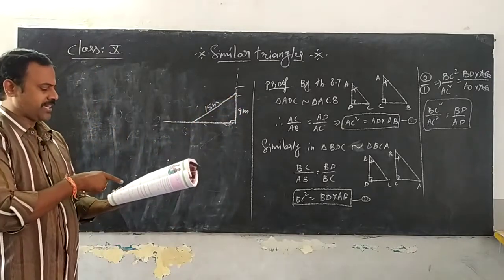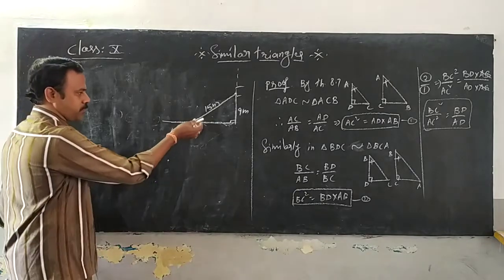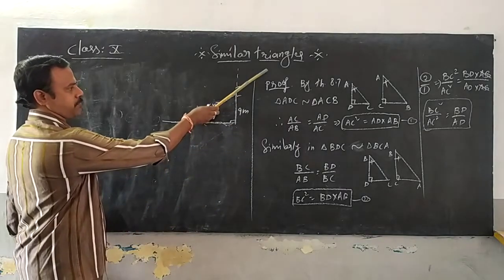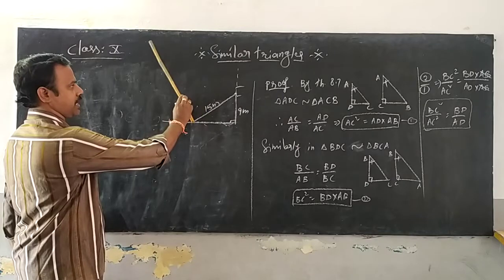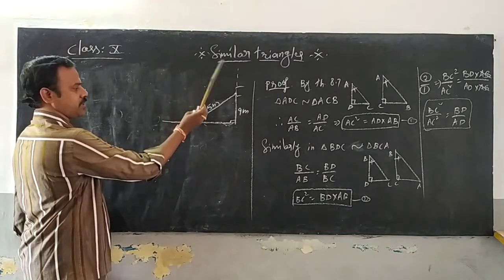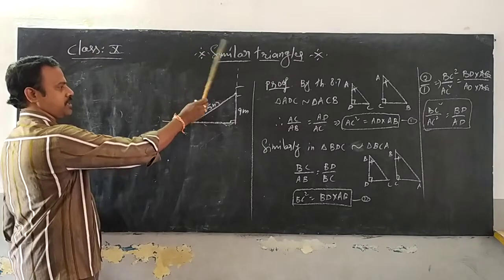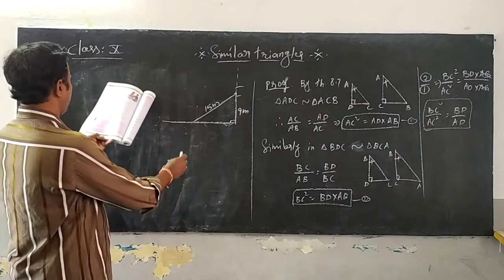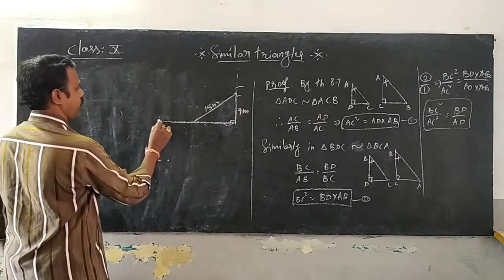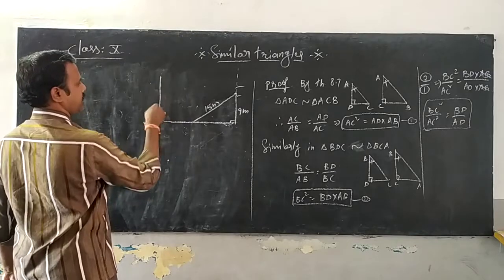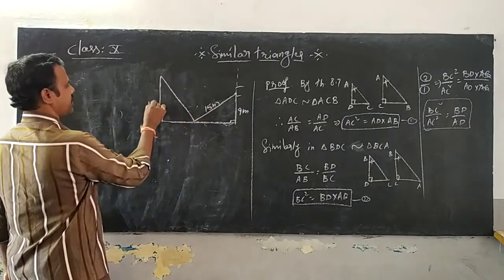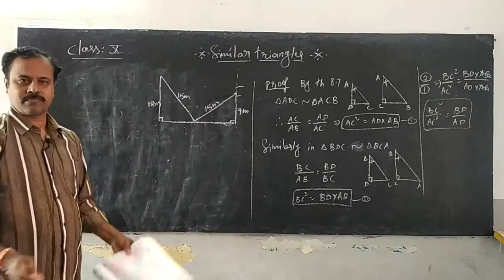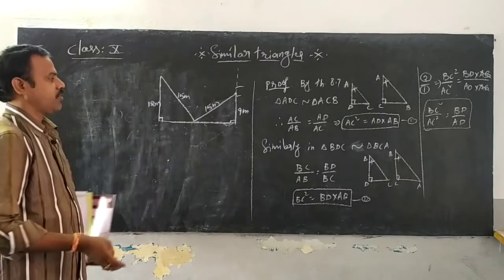Now you see, keeping its foot at the same point. So the foot is placed at the same point, and this ladder is moved to the other side. Its foot is not changed. I am not changing this point. It is kept at the same position. Now the height of the other window on the other side of the street is 12 meters. The length of the ladder is not changed, 15 meters, the same. Find the width of the street.